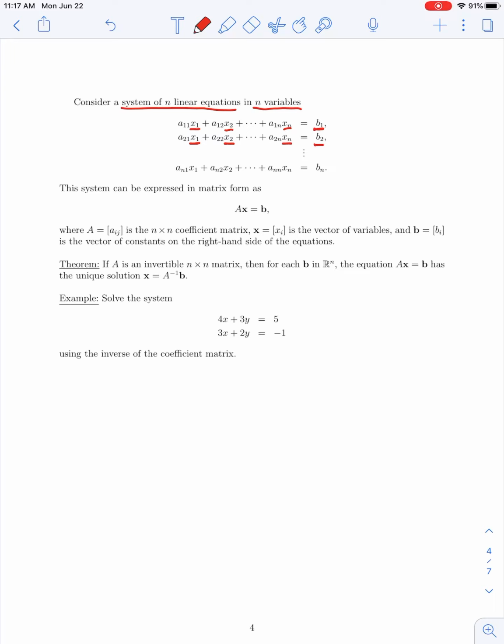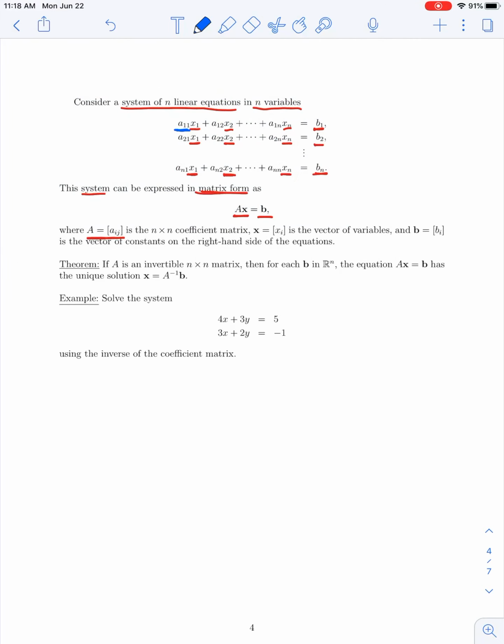And then we have up through n equations. So we have some coefficient a n1 times x1 plus a n2 x2 up through a nn xn is equal to bn. All right. Now this system can be expressed in matrix form much more concisely as a single equation of the form a times x is equal to b, where a is the matrix whose ijth entry is a